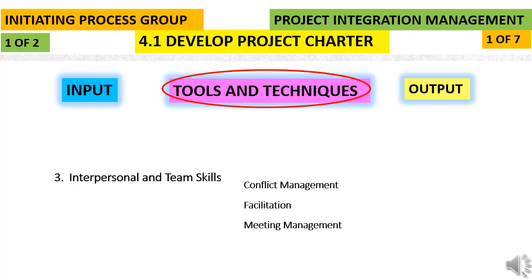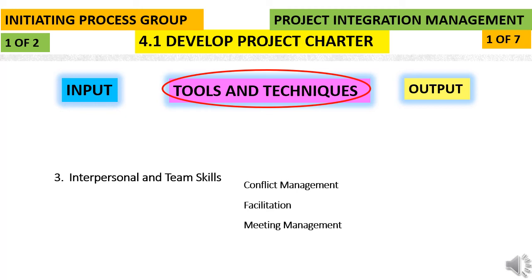charter. So obviously, when you start putting things on paper, there will be a lot of ifs and buts. There will be objections for many things. So you should have a management skill to address the conflicts among the different stakeholders, so that you get their alignment on the objectives, on the success criteria, on the description of the project, milestones, and other elements of the project charter.